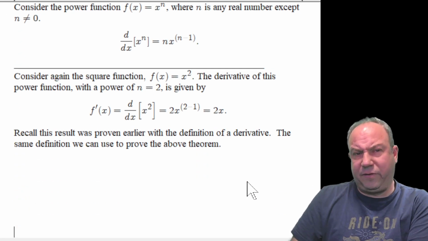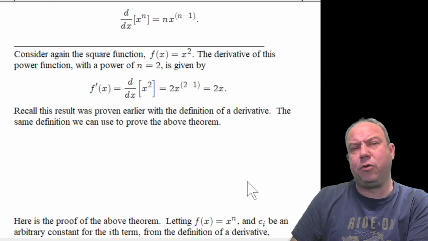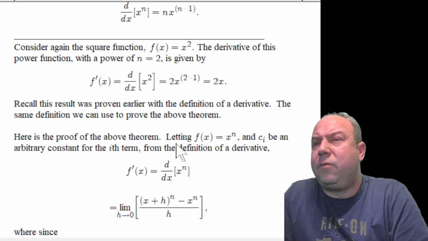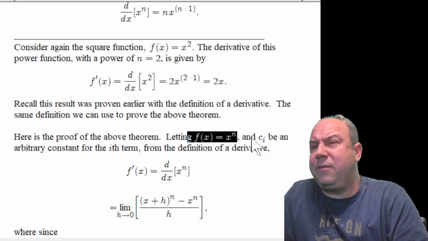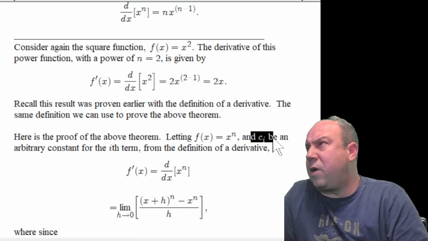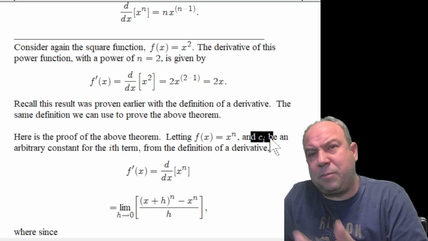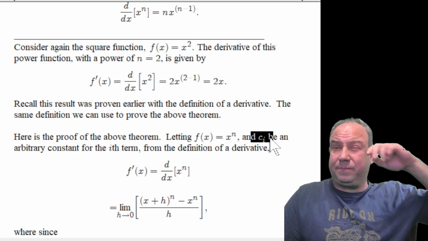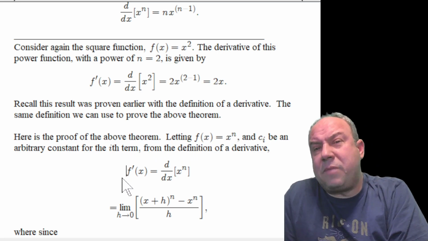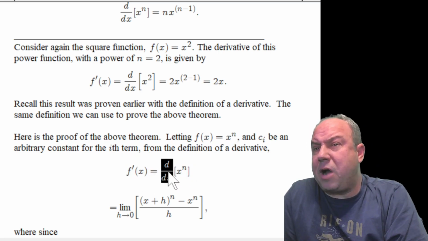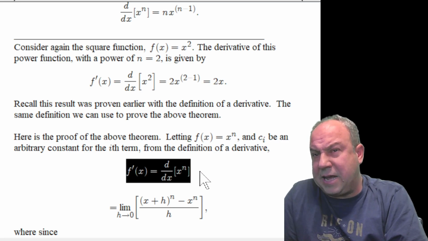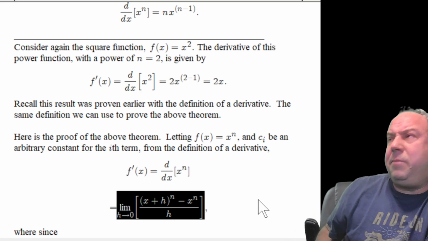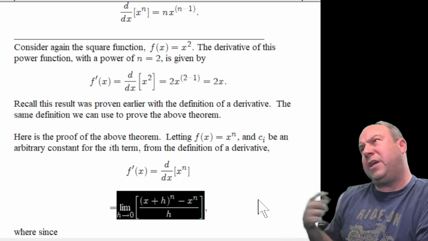There is some proof of this rule. If we get into the proof, here's the proof. If we let f of x equals x to the nth, and we're going to run into c sub i in this statement. C sub i will just be some arbitrary constant for what's going to be an ith term. From the definition of the derivative, f prime of x, which equals the derivative with respect to x of x to the nth power, all of this is equal to the limit as h approaches 0 of x plus h to the nth power,